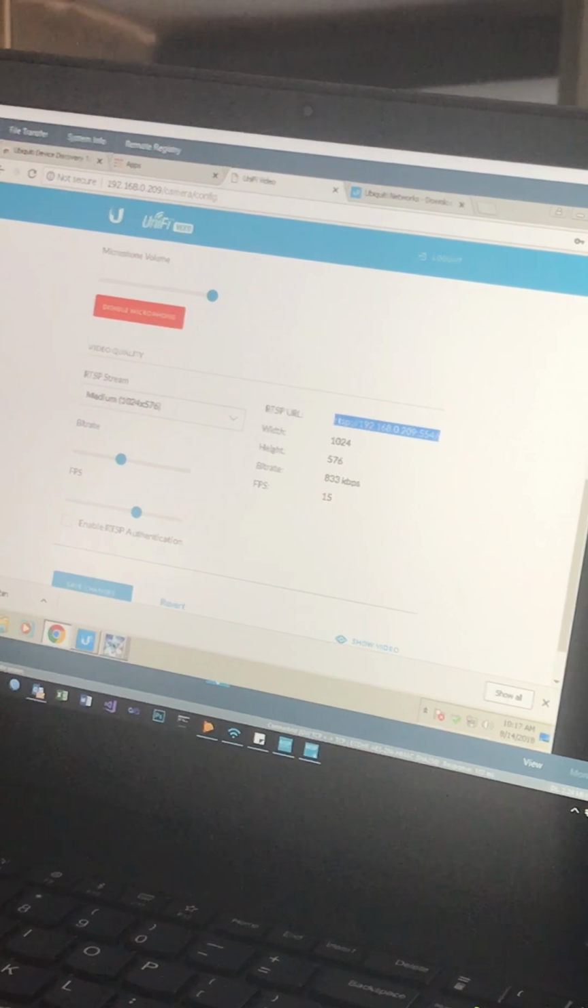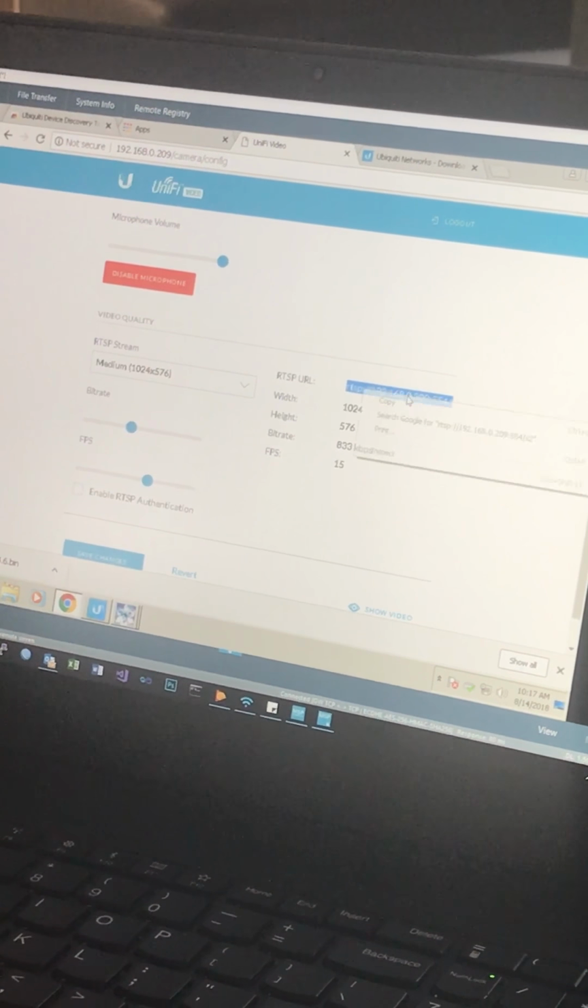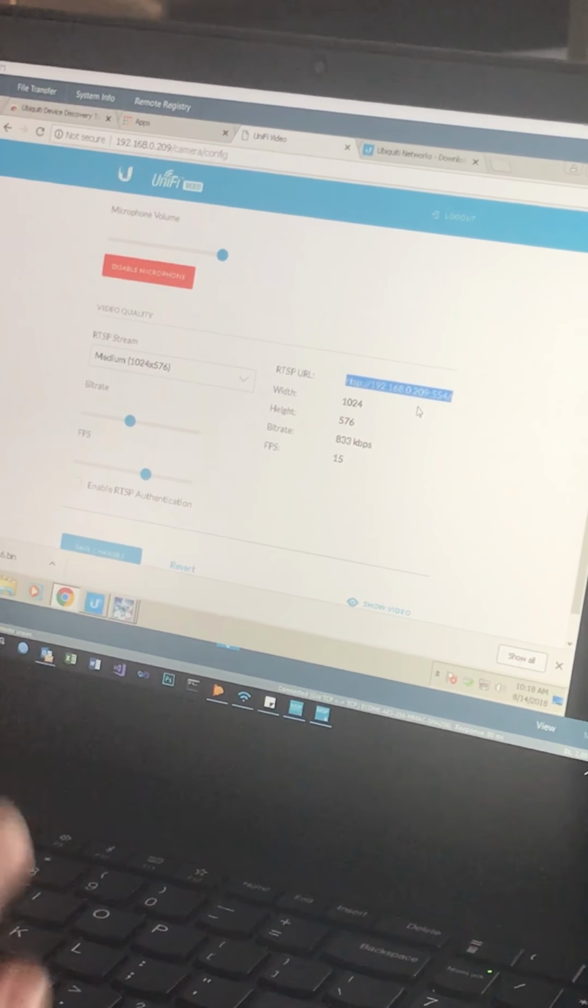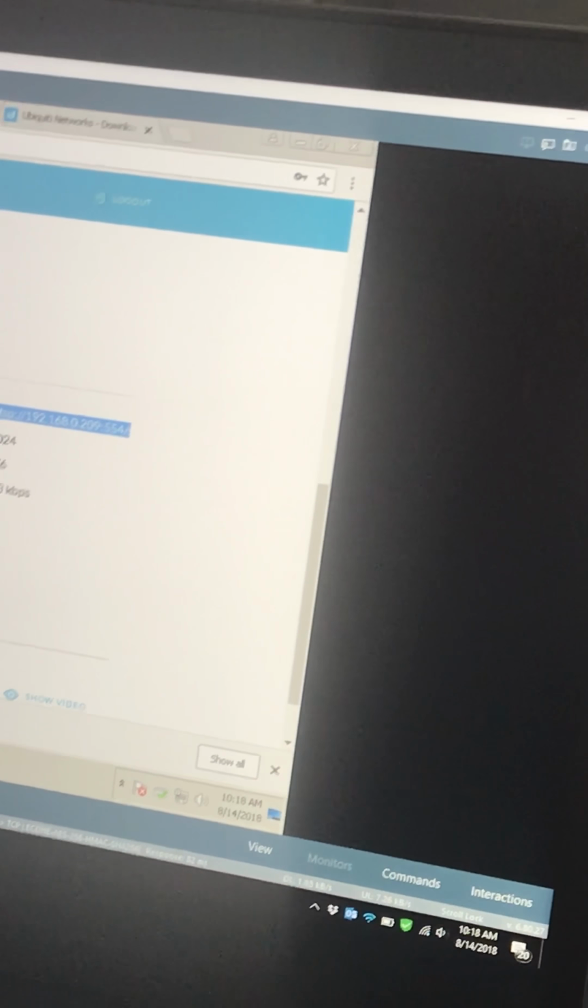So then right here is your RTSP URL. If you just highlight that entire thing and copy it, then that's what Blue Iris wants. So you get that from the URL there? Yep, RTSP URL. Okay. Then in Blue Iris,